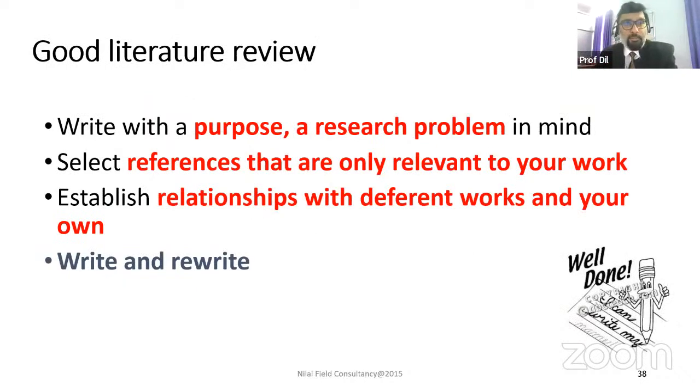It consists of proper purpose, research problem, all references properly cited, and establishing the relationship between different works and your own. In that particular portion, every day you have to write and rewrite and rewrite. Rephrasing and paraphrasing are completely needed in this section, because this is the portion where you will get maximum plagiarism. So after this section, I have explained five portions: title, abstract, keywords, introduction, literature review.